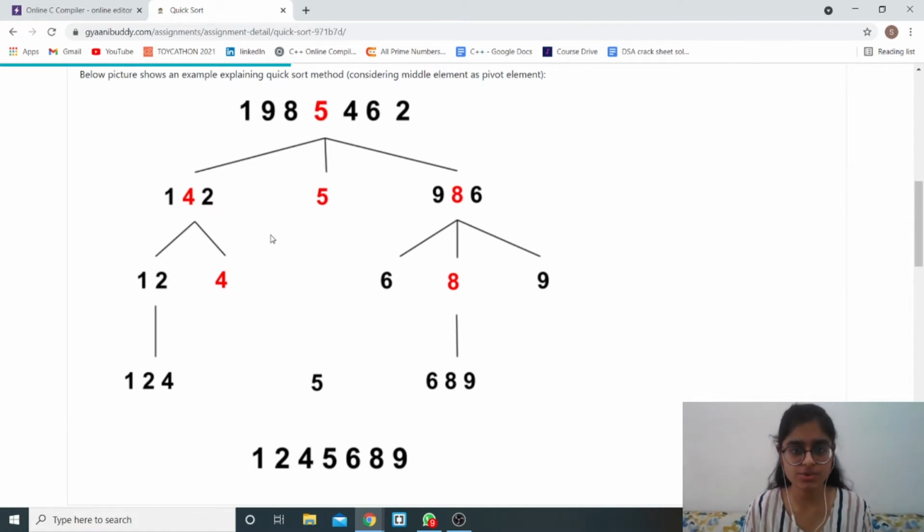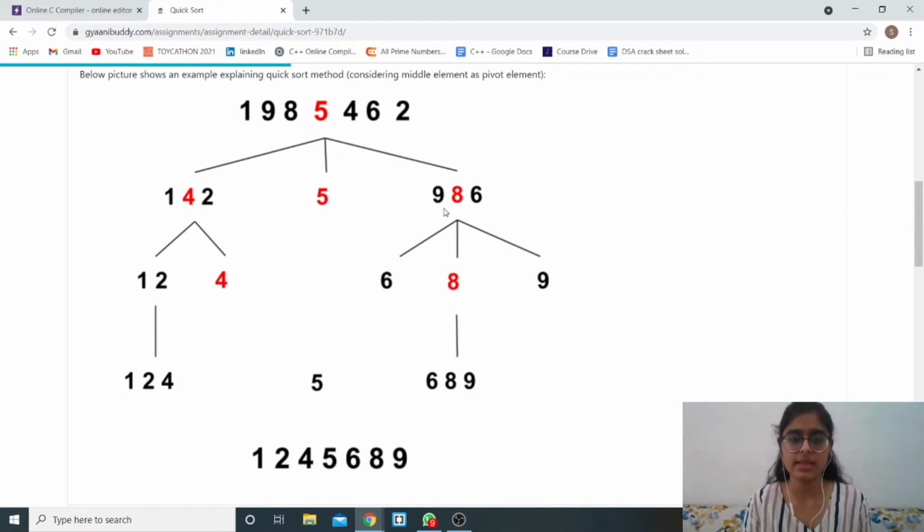After getting these two subarrays, we again continue the same process. In the subarray 1, 4, 2, we again consider 4, that is the middle element, as the pivot element and arrange all the smaller elements on the left side and all the greater elements on the right side. Since 1 and 2 are both smaller than 4, they go to the left hand side and 4 comes to the right side.